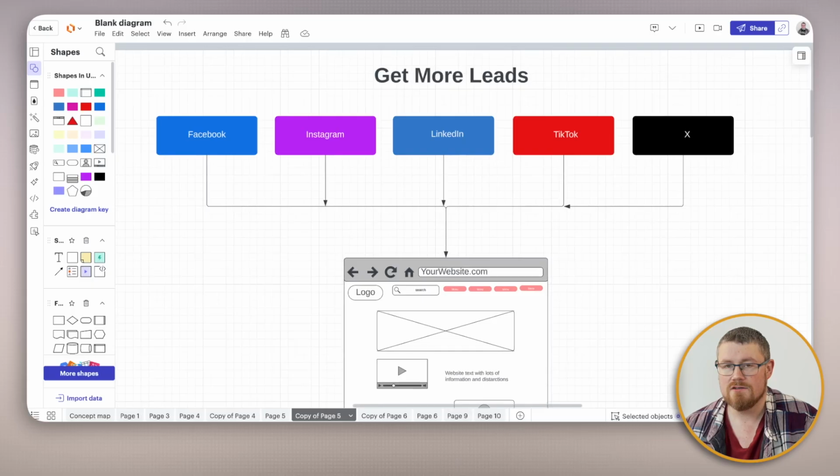Let's take a look. So like most businesses, you probably have multiple social media accounts. Maybe you've got Facebook or Instagram or LinkedIn, TikTok, X, etc. There's so many that you might have. And one thing that you're probably doing right now is posting some content on one or more of these platforms. And that's good because it allows you to build trust and authority